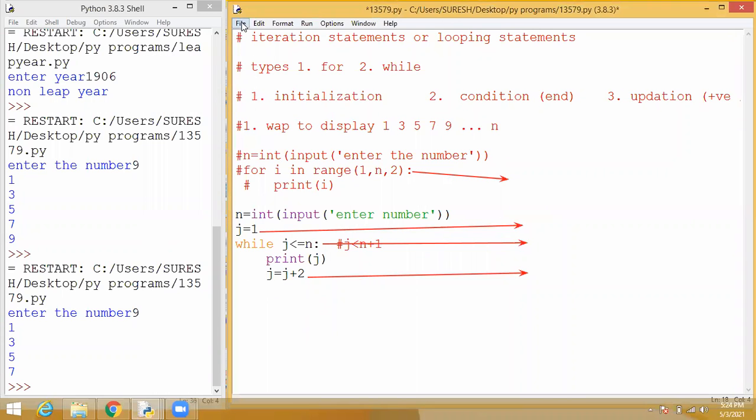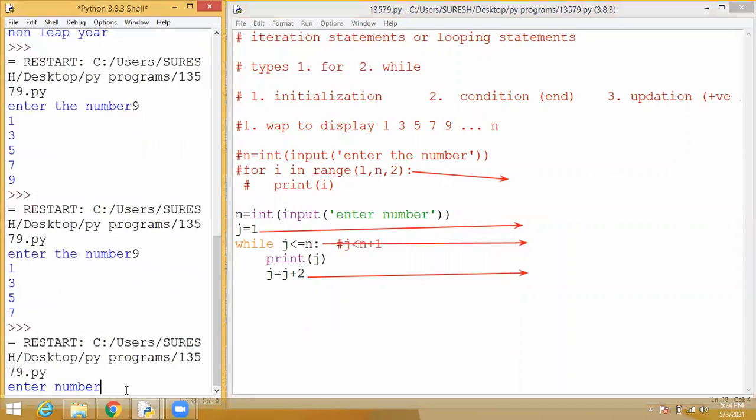Yes, sir. Now I'm going to save and execute. You will get the same output. Okay, so now what is the input, students? Anyone specify some higher number? Less than 20. 101. Okay, 101. What will happen?